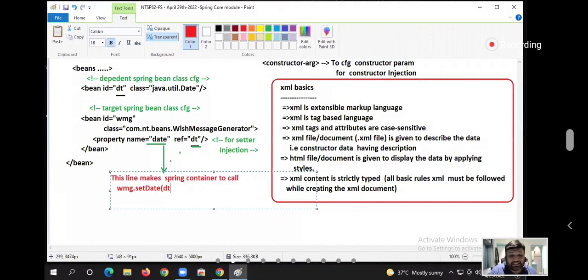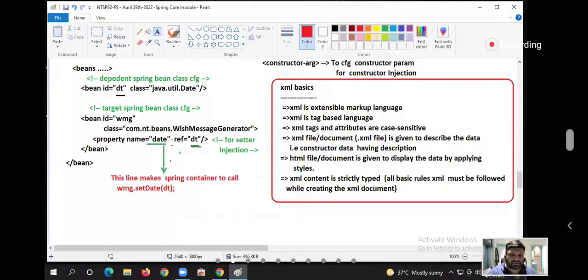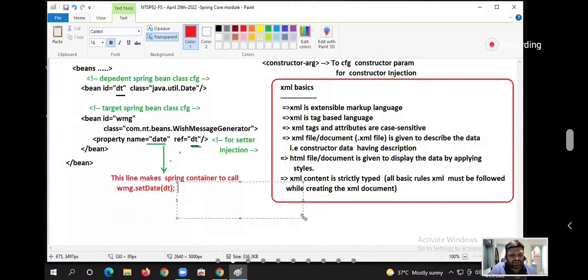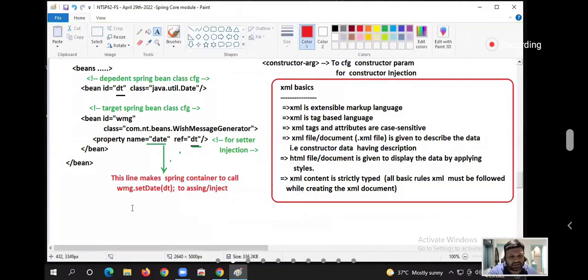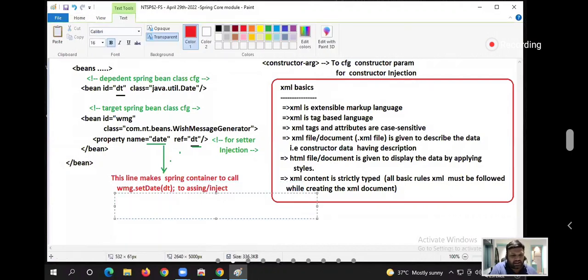DT, the dependent class object. To assign or inject the Date class object DT to the target class object.